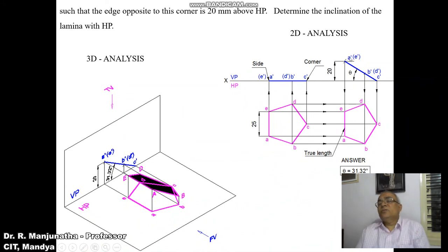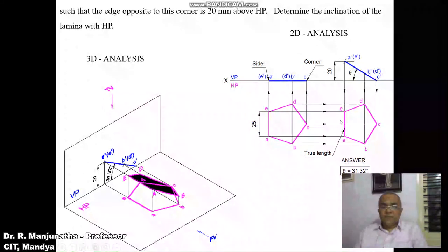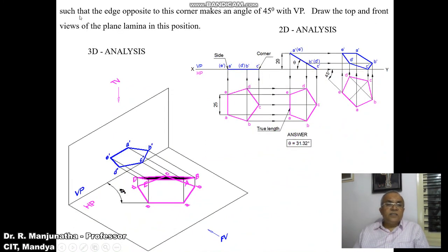So this is how you will be able to draw this line, and then to this you draw a top view such that one of the sides is in true length, because AE is the side which is perpendicular to VP and parallel to HP. Since it is parallel to HP, you are getting the true length in HP. In the next position, the side opposite to this corner makes an angle of 45 degrees with VP, and he says it is the true inclination. As we see here in the second position top view, it is a true length. So on true length, we are going to get the true inclination.